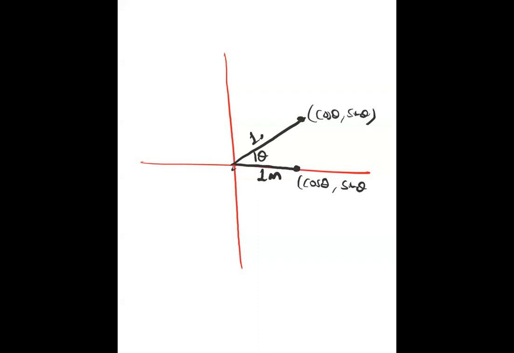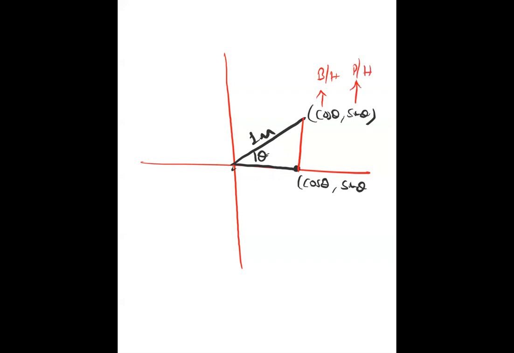This is 1 meter. Suppose this makes some angle, 30 degrees. Now what will this be? This is 1 meter, the hypotenuse, and the base is not 1 meter now because it has moved to some place, right? What will be the horizontal and vertical parts? Based on that, when the triangle is formed right here, cos theta is nothing but base by hypotenuse, and sine theta is perpendicular by hypotenuse.